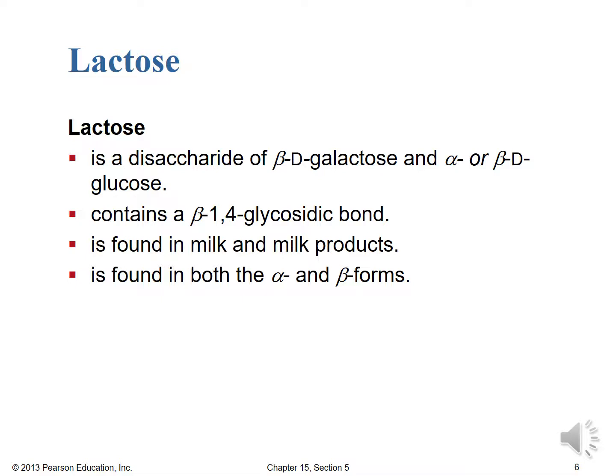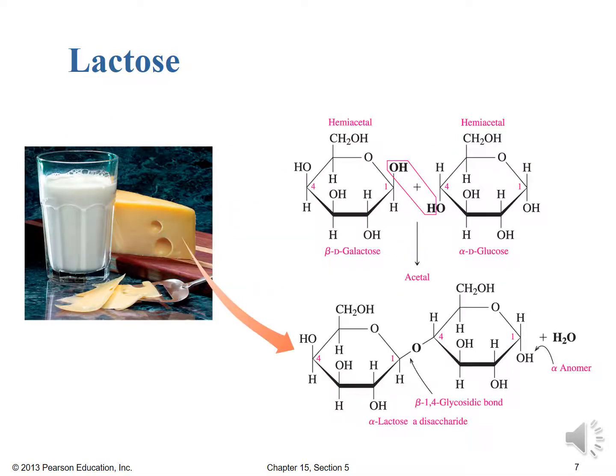It's found in milk and milk products, and it's found in both the alpha and the beta forms. And of course, either one will give trouble to people who can't digest that beta 1,4 glycosidic bond, and unfortunately that tends to happen to all of us in old age, but it tends to affect certain groups at an even earlier age. Okay, so looking at this image where we see the structures of beta D-galactose and alpha D-glucose,